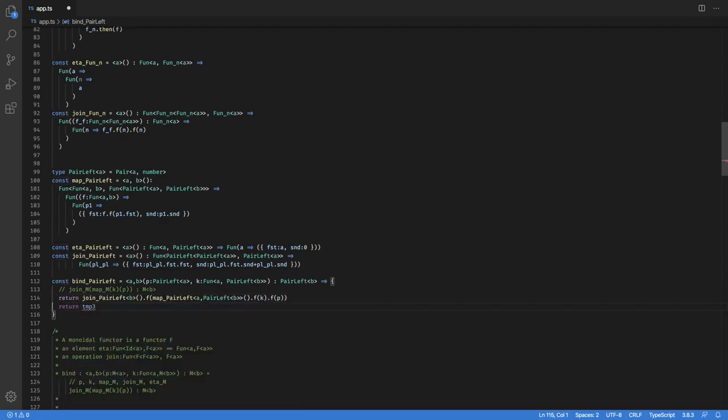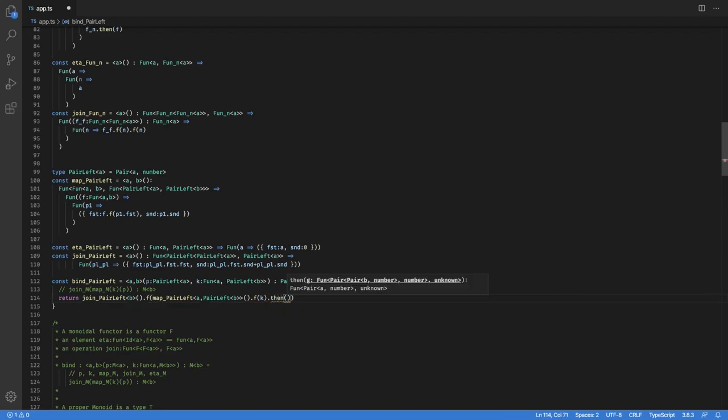Let's see now. Well, this does really look like map pair left f of k, then join pair left. So, you know, let's try it. So at some point we will have to give this to decompose the result. And then the f and the join pair left, we simply put it in,